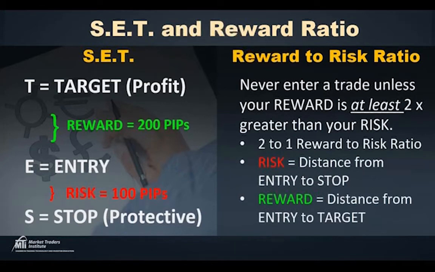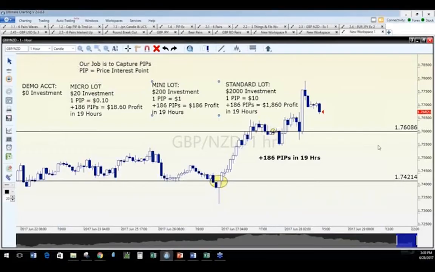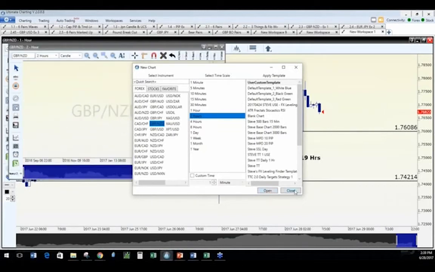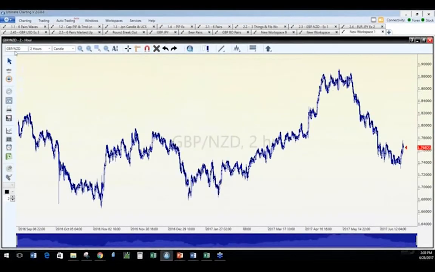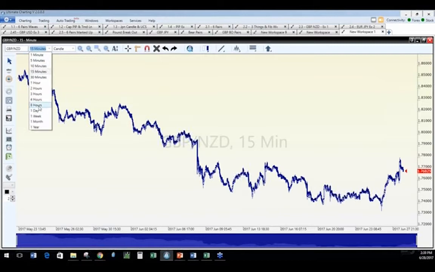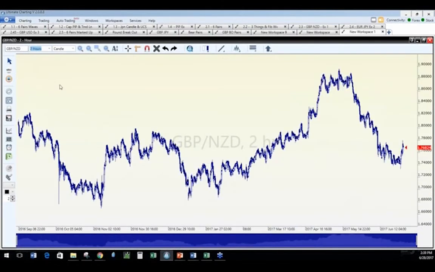What I want to do now is show you a little bit more of the strategy. I'm trying to give you a quick introduction. I'm going to open up a new chart, and I'm still going to do the British pound New Zealand, but this time I'm going to go to the 2 hours. And I forgot to mention how this works up here. Up here, for example, we have the British pound New Zealand dollar. It's also listed here. Here we have the time span. If I wanted to put this down to 1 minute, I could. If I want to do a 15 minute, I can do a 15 minute. If I want to do a daily chart, I can do a daily. I'm just going to focus right now on a 2 hour.